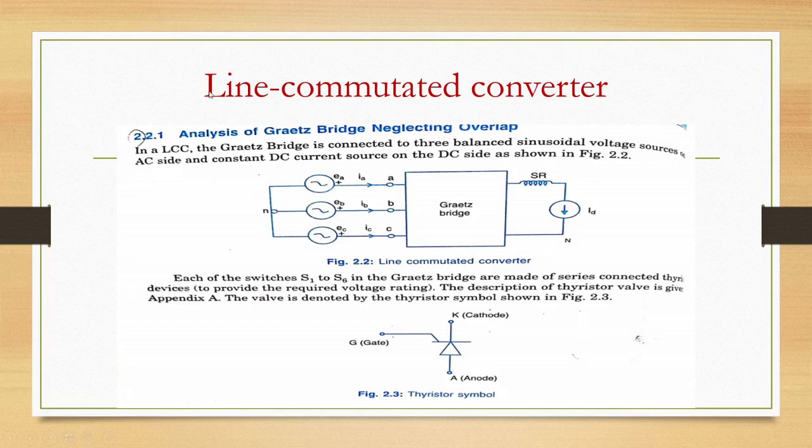The thyristor symbol, we all know this. It consists of three terminals: anode, cathode and gate. Positive one is the anode denoted by A, negative is the cathode denoted by K, and the gate. A thyristor valve can be viewed as a switch which can be turned on when terminal A is positive with respect to terminal K. Whenever anode is positive with respect to cathode, the thyristor can work as a switch, and we also give a gate firing signal at terminal G.